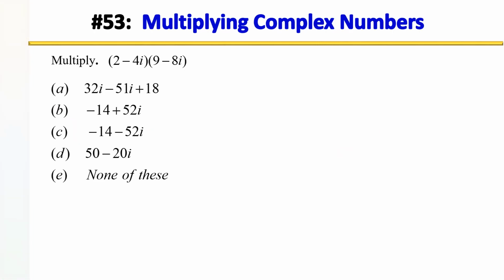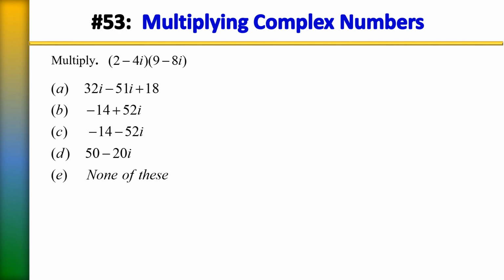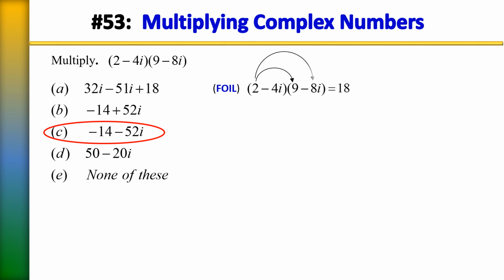Number 53, multiply. So what is the correct answer? Choice C. So note here we are multiplying two binomials, and it doesn't matter that they are complex numbers. Anytime you're multiplying two binomials, you need to use FOIL. First, outer, inner, last. So let's get started with the process. First equals 18, outer, negative 16i, inner, negative 36i, and last,